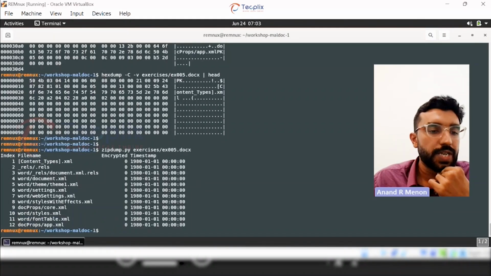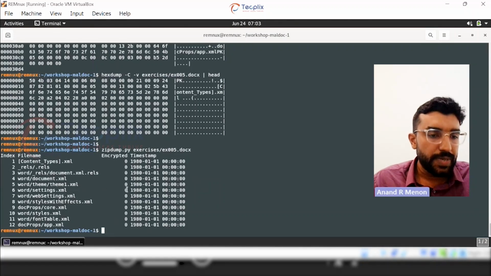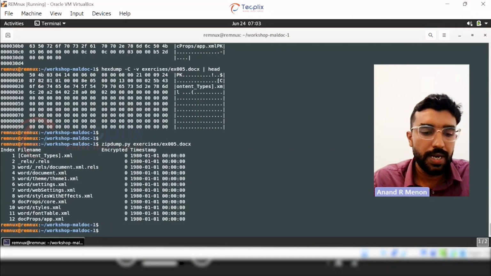So these are the different streams contained within the file. As you can see, these are all different XML files, right? And this is a docx file. It's like a container, a zip file containing all these files. And if you want to drill down to a specific XML file, in the same format as Oledump, we can drill down to that stream. Here we are trying to see what is contained in the fourth stream. So we use the S4 and